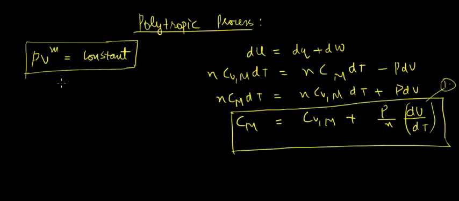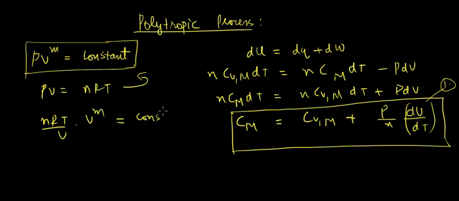Okay, and now we also know that PV to the power m is constant, and for an ideal gas we can write PV equals nRT. So just substitute the value of P equals nRT upon V in the previous equation. So nRT upon V times V to the power m would be equal to constant. From here we can write, let's say this is some constant K, so KT into V to the power 1 minus m would be